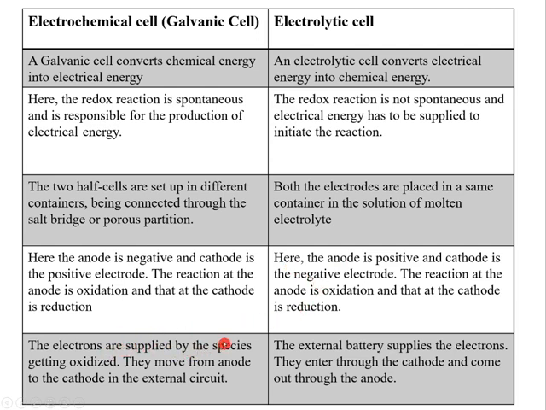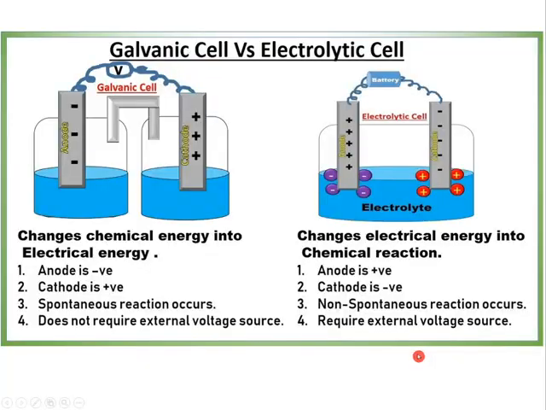Electrons are supplied by a species getting oxidized. They move from the anode to the cathode in an external circuit. Then an external battery supplies the electrons. Here the electrons are supplied by the reacting species. Here the electrons are supplied by a battery. They can enter through the cathode and come out through the anode. Okay,